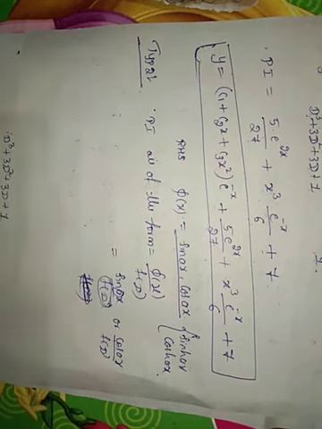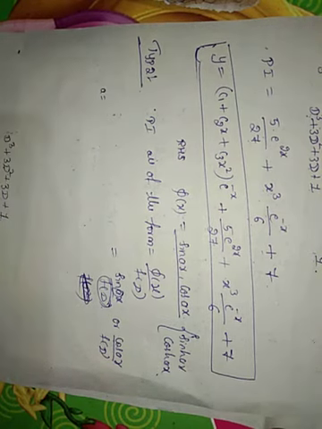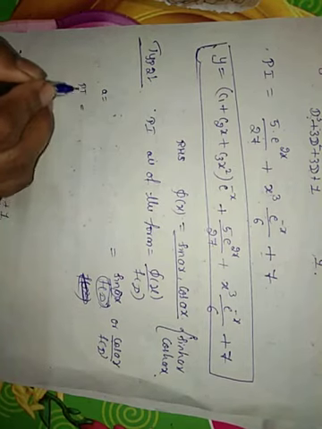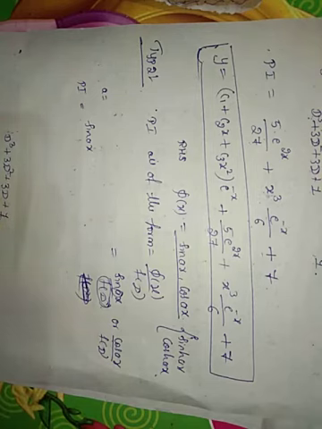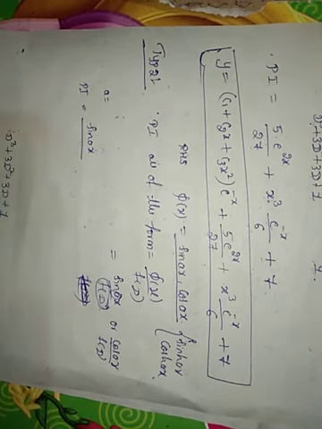Otherwise, leave it. I don't want to confuse you. Just remember the f of D. Your first procedure is to first find out the a. After finding the a, the particular integral for these kinds of examples, both for sin and cos, the procedure is the same. Here you have to replace D square by minus a square.